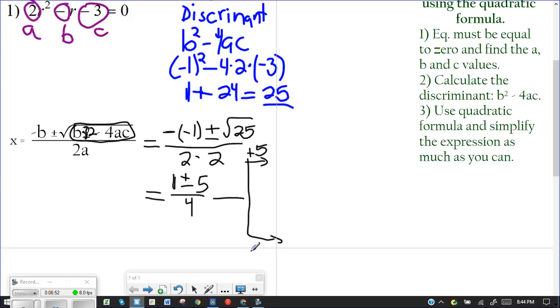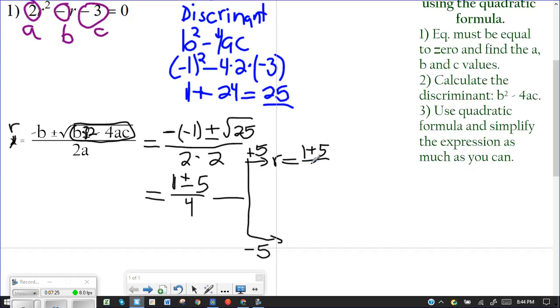Case number 2, what would the answer be if 5 was negative 5? So then the problem is this. It's not x, the variable is not x, they gave me r. So in this case, it shouldn't be x, it should be r. So this problem is r is equal to 1. Instead of plus or minus 5, it has to be plus 5,